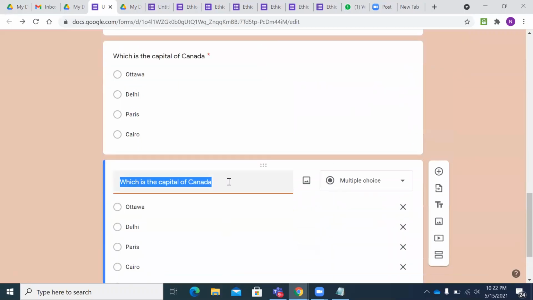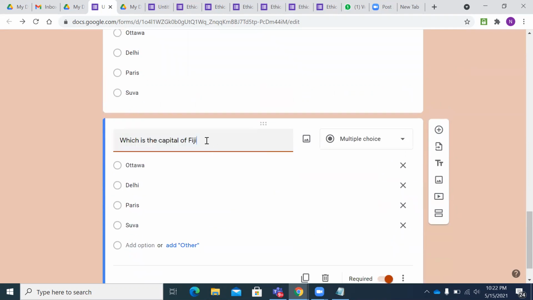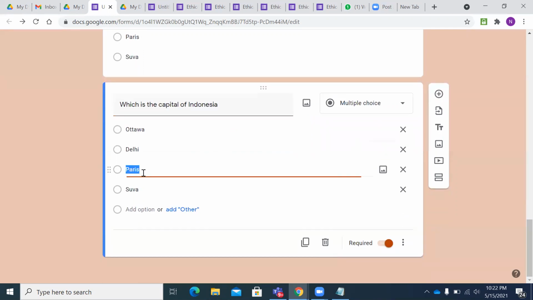So let's add more questions. Indonesia. So this is the capital of Indonesia.